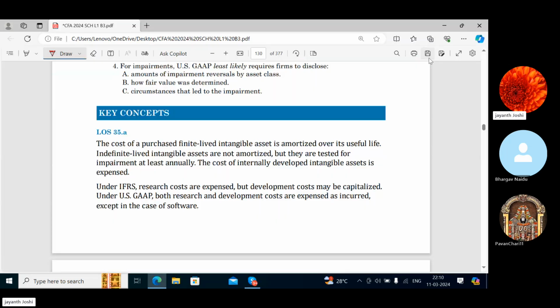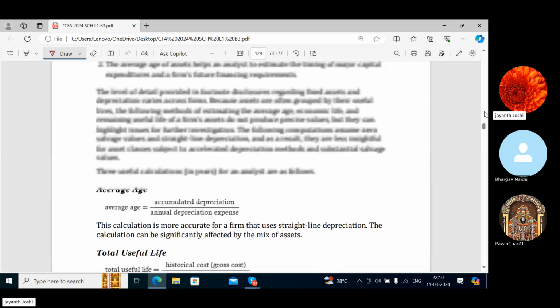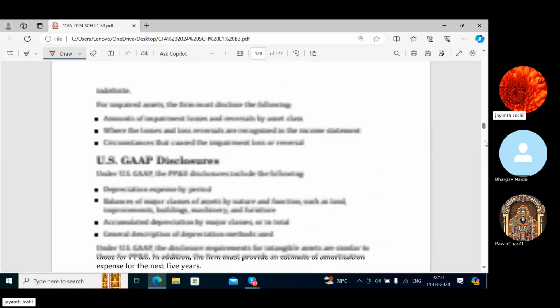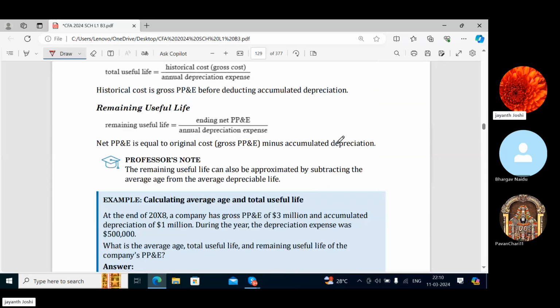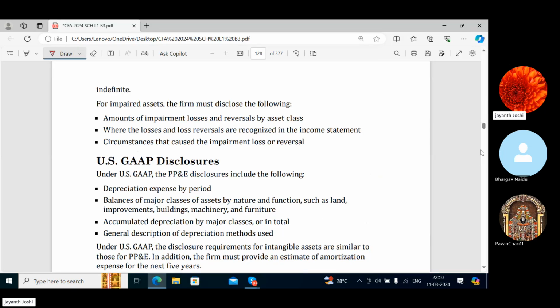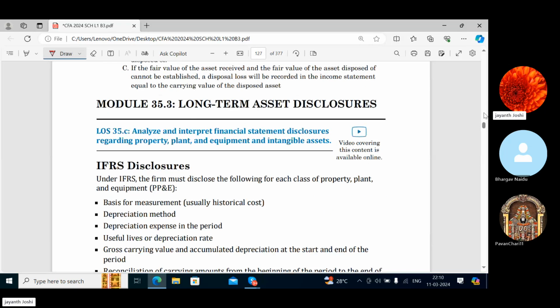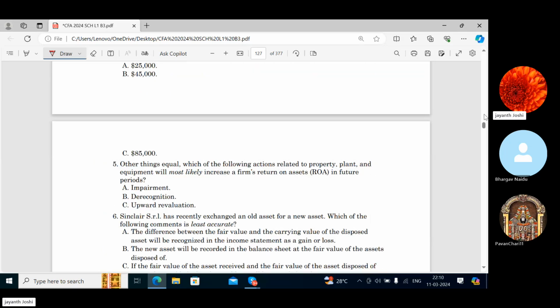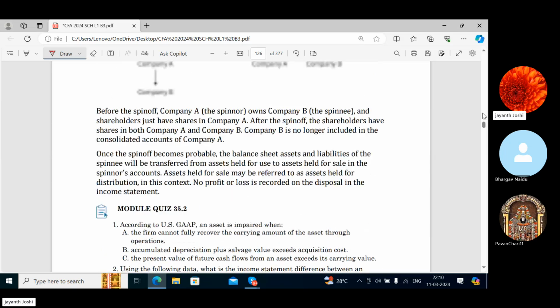So okay, now we will stop here. The reason for that is this topic is already done. Tomorrow we will discuss the disclosures and spin-off. Meanwhile, I have sent you the cash flow statements. You go to that cash flow statement video and try to build your concepts, because next class we will take cash flow statements only. Understanding?